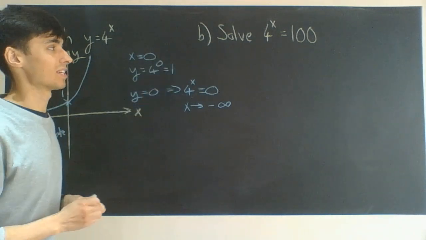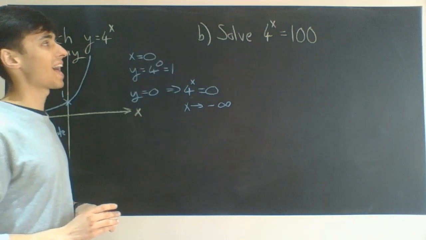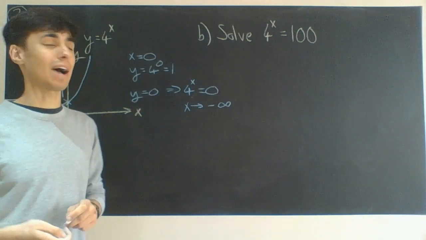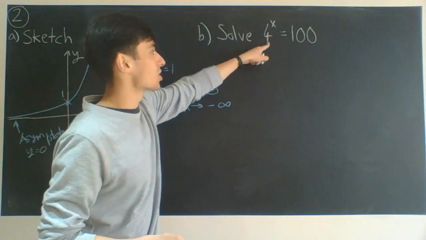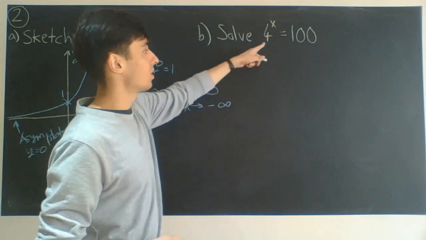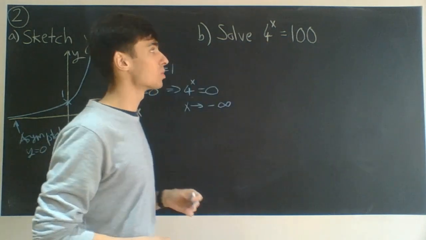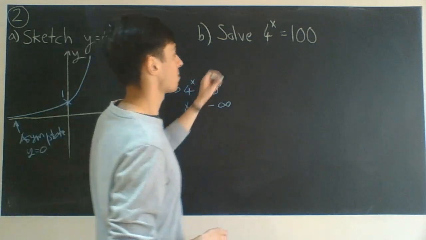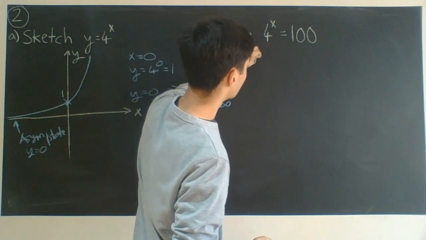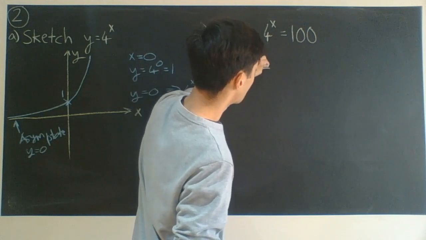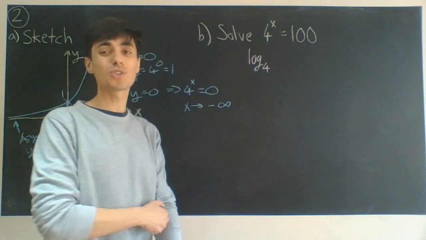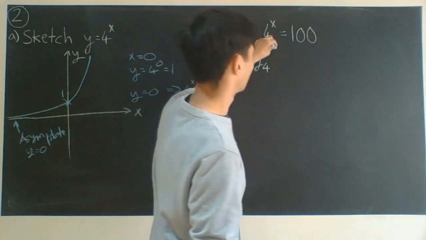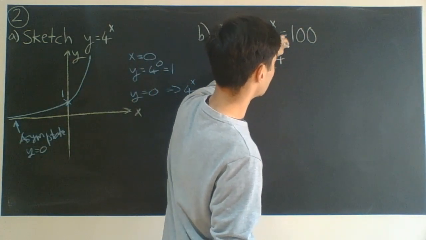Okay, moving on to this then. Solve 4 to the x equals 100. This is clearly where we have to use logs, and it's got to be base 4. If we know two things are equal, we can say the logarithm of both sides is also equal. So let's write that below. We've got log base 4, or you could choose any base, but 4 is the best one to use here because we've got 4. Log 4 of 4 to the x